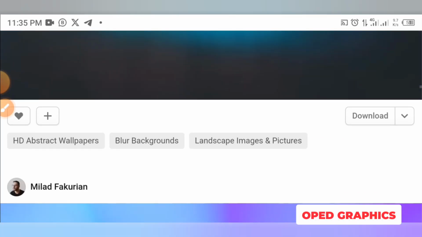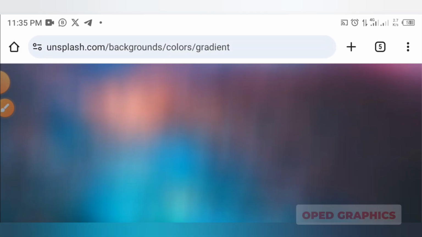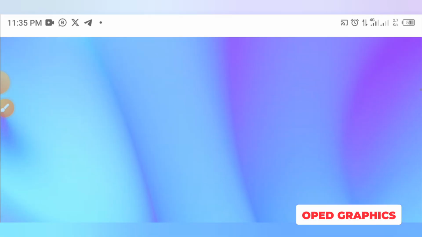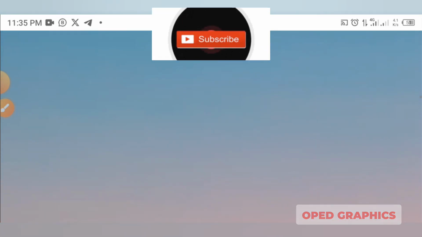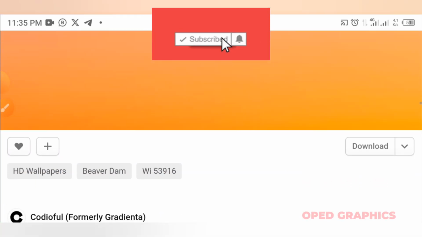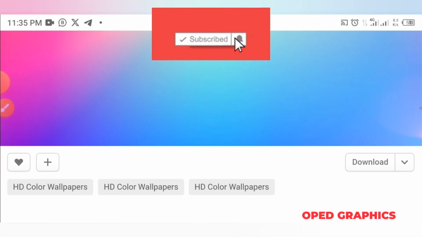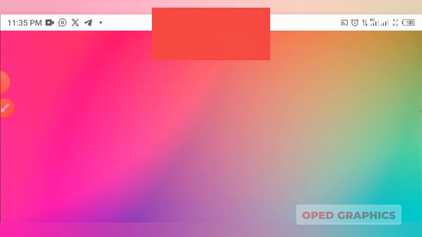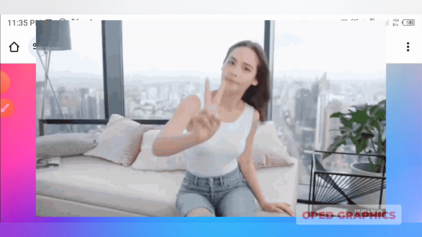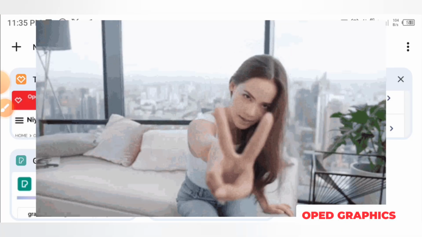You can try it out to get amazing results. Can you see? If you want to create a gradient on your Pixellab, you can't get this kind of result. So you need to download if you need a gradient for your design. Can you see? I'm on landscape mode, that's why it is appearing like this. So the second one on my list, let me go to the second one on my list, is